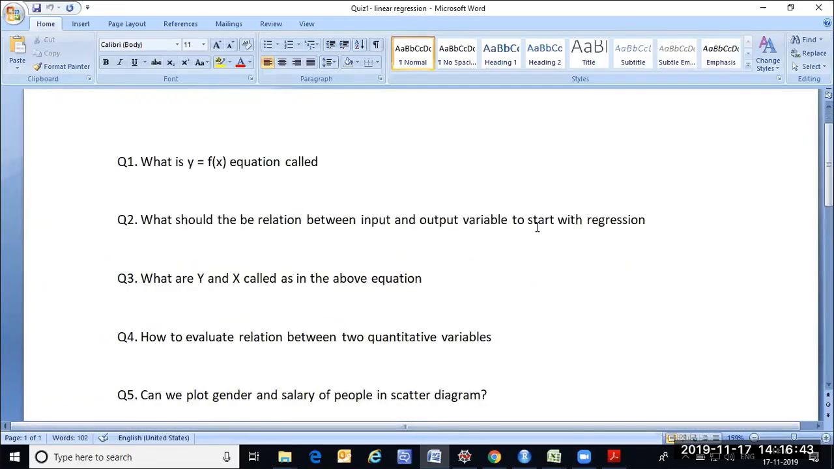Even before moving forward where we left yesterday, let's try to recap by answering these questions. What is y is equal to f of x equation called? Is it straight line? Function of x, where y is the dependent variable, x is the independent variable. Based on the function you are applying on the independent variable, the values of the outcome, which is nothing but,